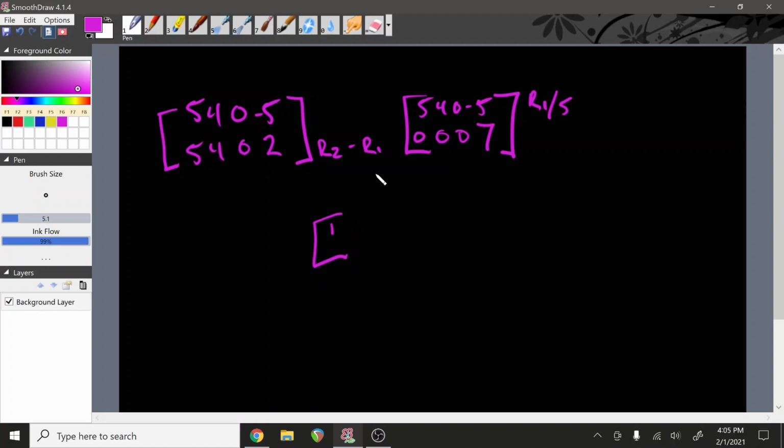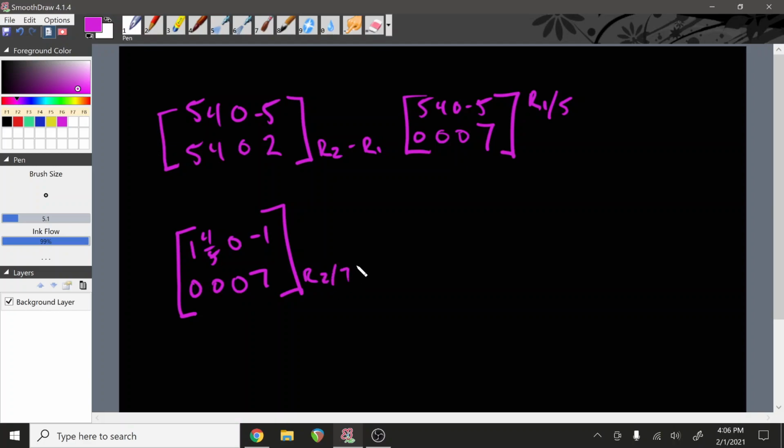Let me just make this bigger. So we're going to get 5 divided by 5, which is just going to be 1. 4 divided by 5, and then we're going to have 0, and then negative 5, which is going to be negative 1. Then we have 0, 0, 0, 7. Next thing I'm going to do is go ahead and divide this row by 7. So row 2 by 7. And then that will give us 1, 4 over 5, 0, negative 1, and then 0, 0, 0,